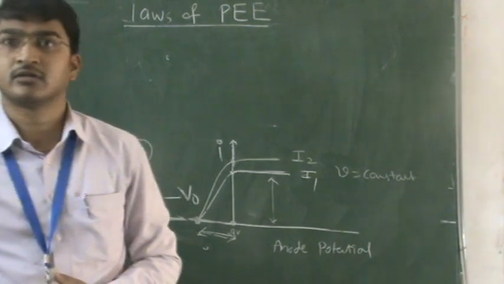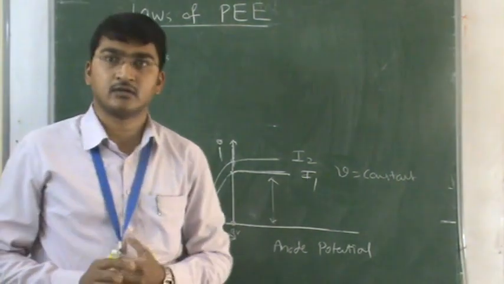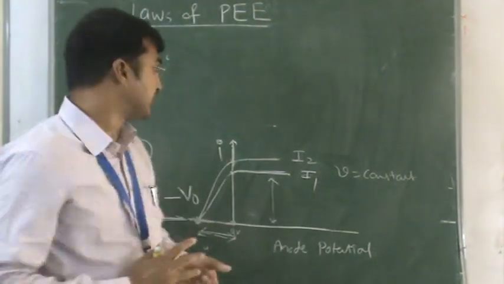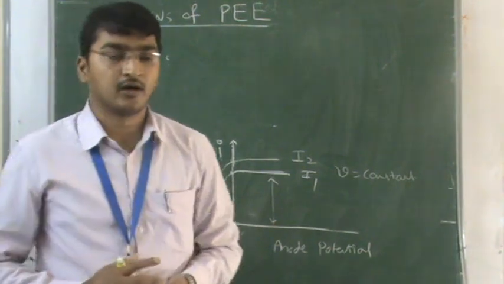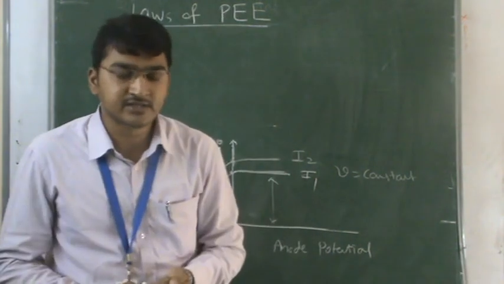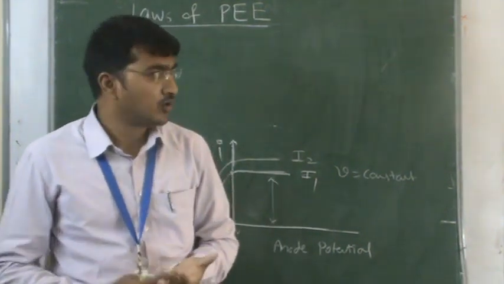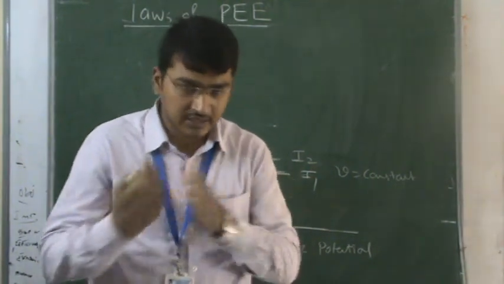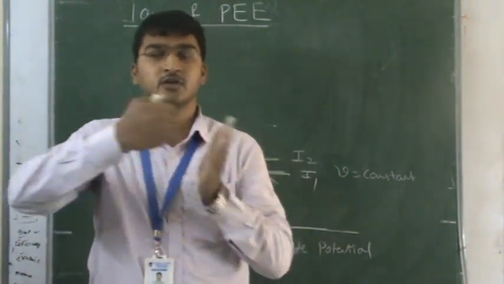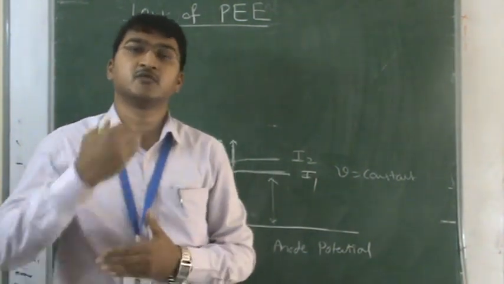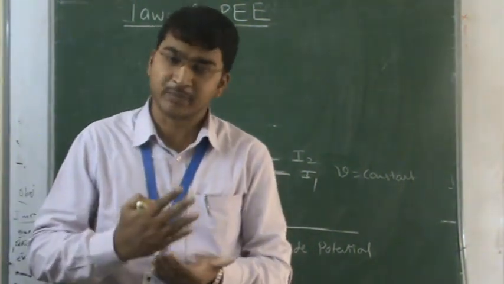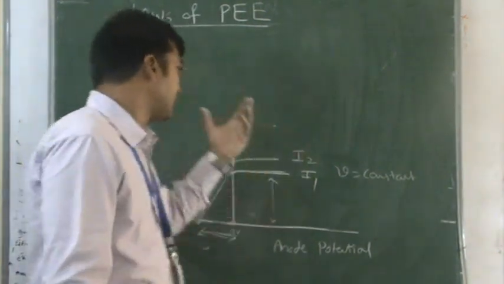Still we have two more graphs, which we'll discuss in the next session. Just shortly, what we discussed today: the stopping potential, how stopping potential relates to the kinetic energy of electrons and to the velocity of the electrons. Then the photoelectric laws, there are four photoelectric laws, nothing but experimental study, that also we discussed. Then followed by the two graphs.